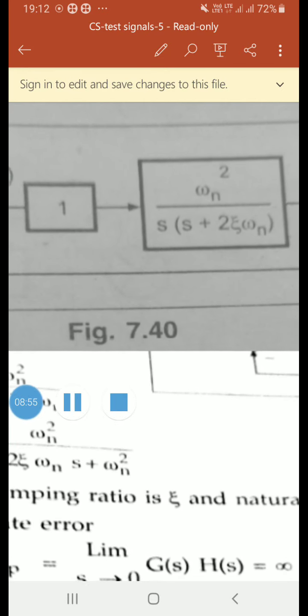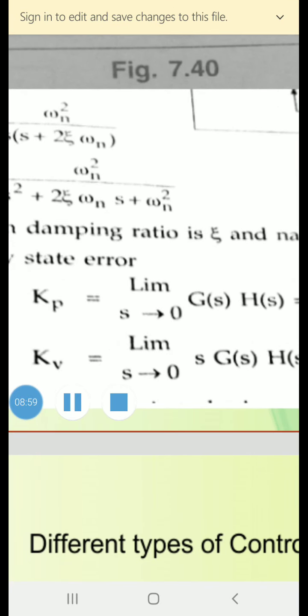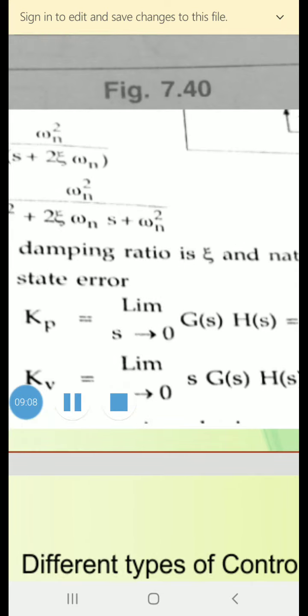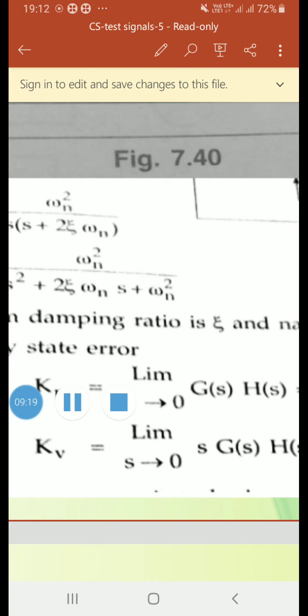Now, if the transient response has to be improved, then the damping ratio must be changed. So what are the demands of a good time response in general? 1. Less settling time. 2. Less overshoot. 3. Less rise time. 4. Smallest steady state error. By increasing Kv, that is, when there is an increase in system gain, steady state error can be reduced, but due to high gain, settling time and peak overshoot increase. This may lead to instability of the system.